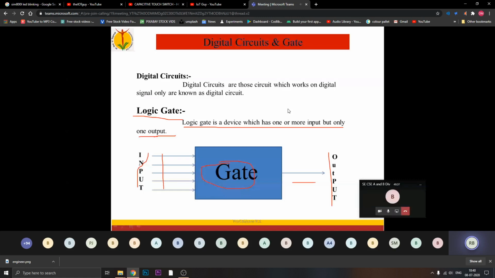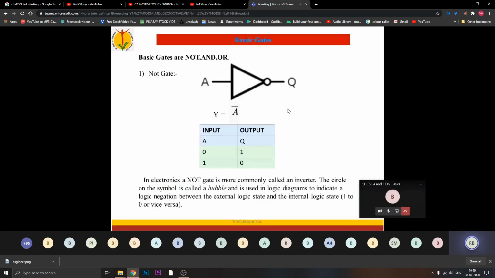I hope all of you can see this. The next slide. Now we can define how the logic gates are differentiated. Friends, the logic gates are differentiated into basic gates and universal gates. Third, there are special gates. Let me check first what the basic gates and universal gates are. Once we cover basic and universal, then we go to the special gates. Basic gates contain three gates: first NOT, second AND, third OR.